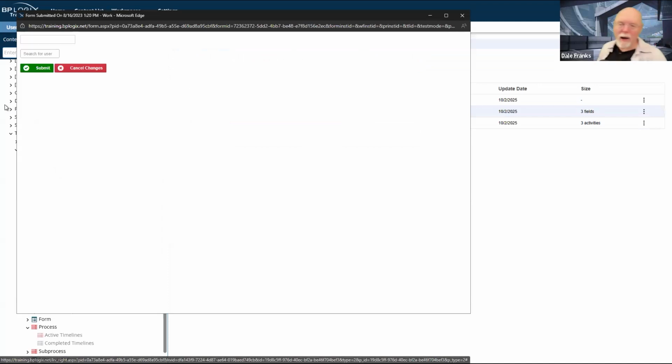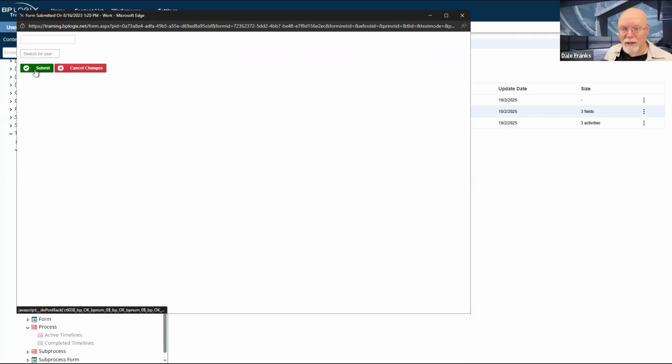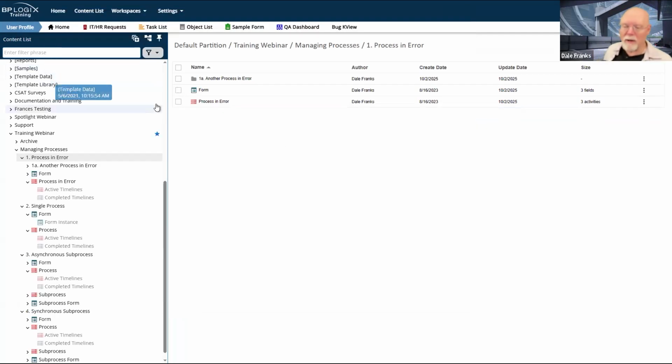And this might happen. Now, what I should do is make this user picker a required field so that I can't submit the form unless I select a user. Sadly, I have neglected to do so. An even worse case is I have selected the user and that user is no longer with us and I have disabled that user's account. So fine, we will complete our activity. We've completed activity 1. We're running.